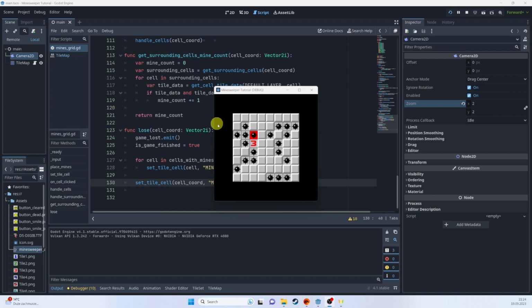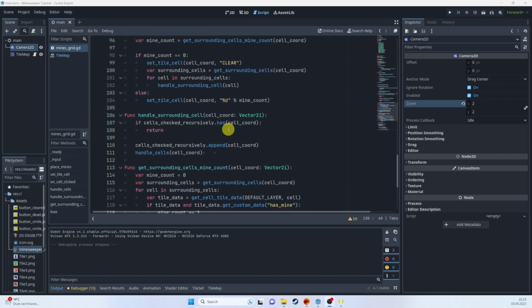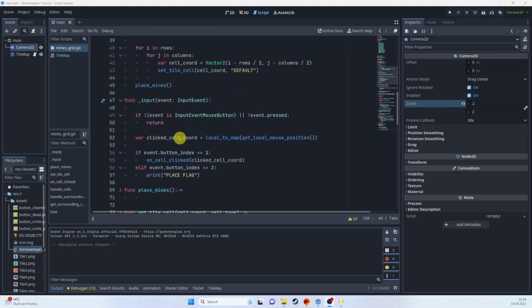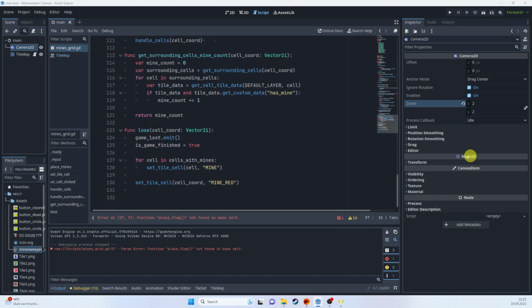The next big feature that we'd like to add to the game is using the right click to place the flag. So let's go back to our place flag, right? And we'll simply replace that print with a function called place flag with click cell coordinates as a parameter. We can go down and start working. So place flag, that's going to take cell